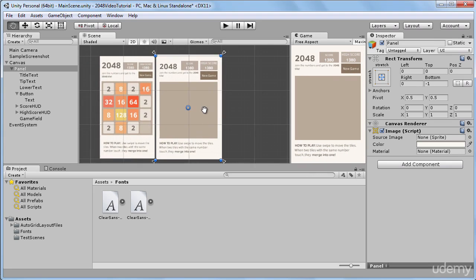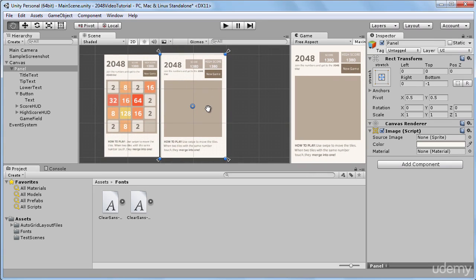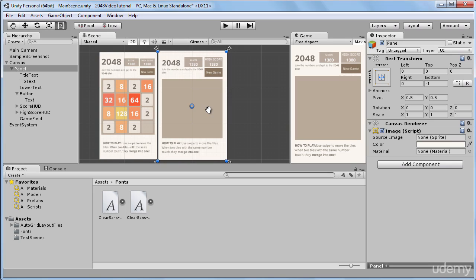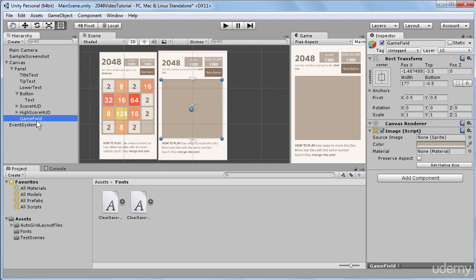Now we'll zoom in on our panel, and I'm going to tell you about an anchoring preset that I use all the time. I even call it the magic preset because it works like a charm every single time. I will select the game field, and right now our game field occupies a certain area on our panel, and I will just grab these anchors and I will place them right in the corners